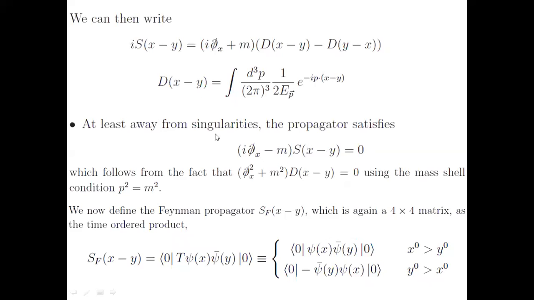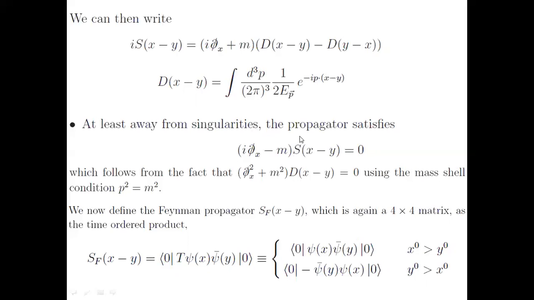So what do we see? This is basically the operator of the Dirac equation. So S(x minus y) is nothing but the Green's function of the Dirac operator. And if we substitute this iS(x minus y) term here, we simply get back the Klein-Gordon equation. So we see two things: S(x minus y) is the Green's function of the Dirac operator, and the D(x minus y) term is the Green's function of the Klein-Gordon operator. We derive two things from here.